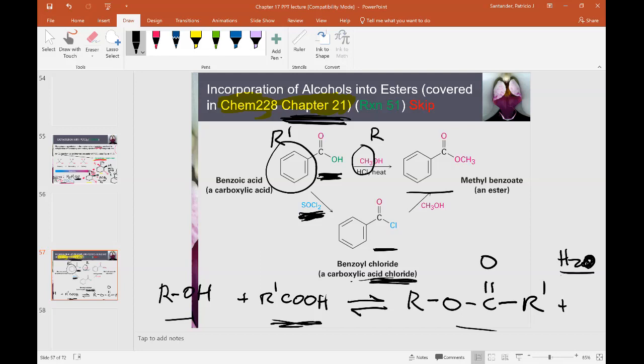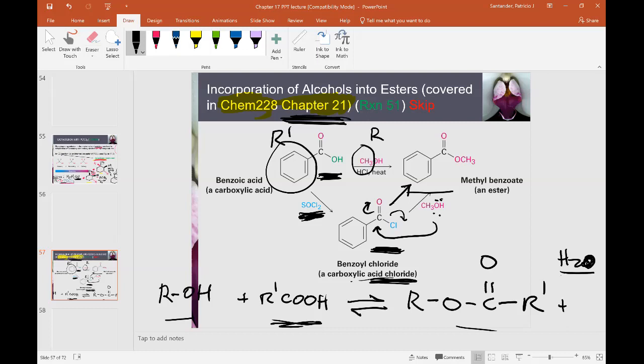And then this kind of intermediate is very, very reactive. That one will react with the corresponding alcohol. You have two lone pairs of electrons, nucleophilic attack to the carbonyl group, formation of an O minus, regeneration of the carbonyl group, and then departure of the Cl. And in that way, you form your